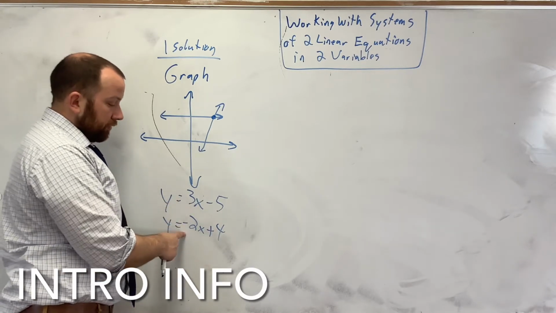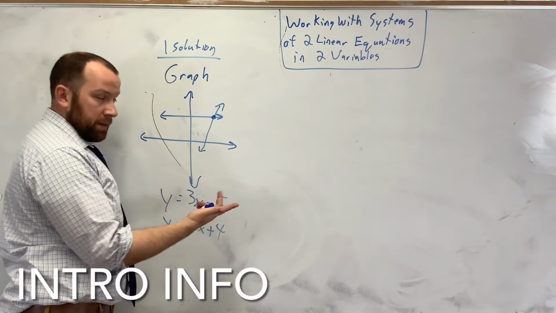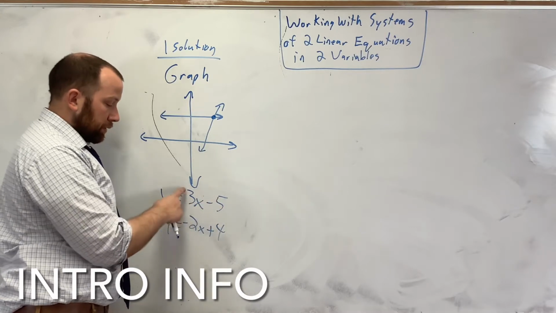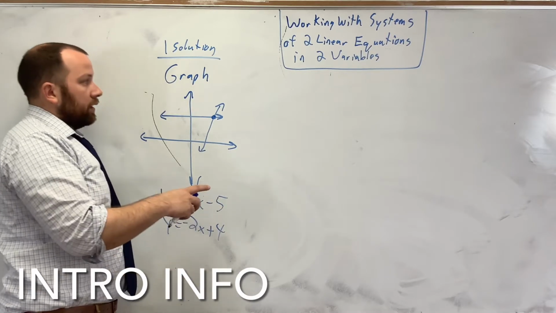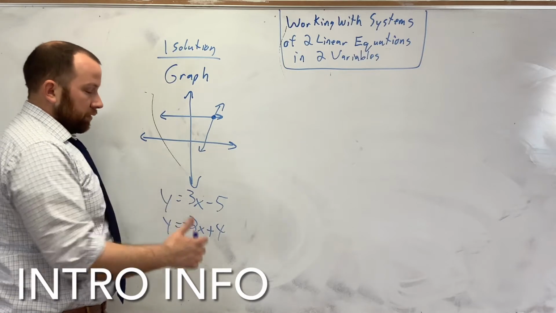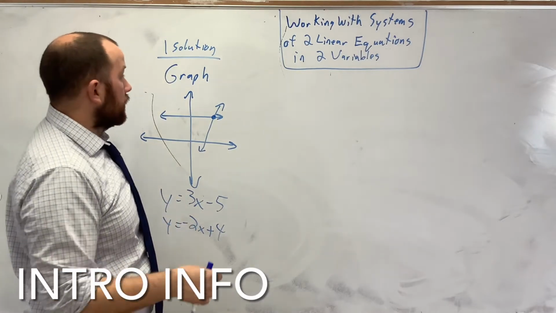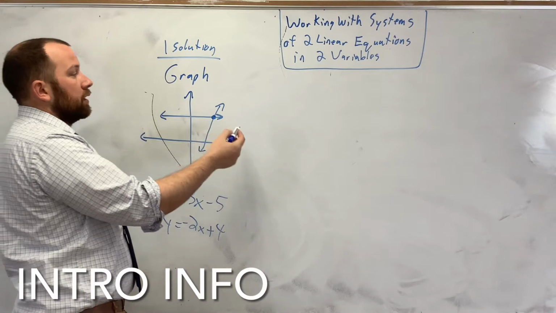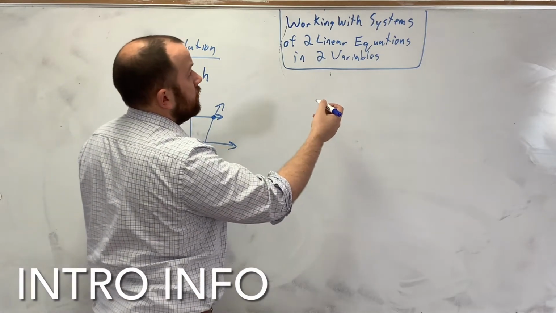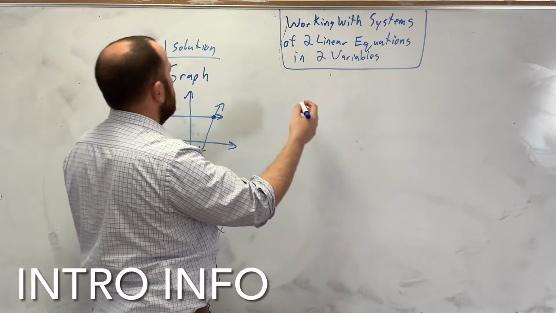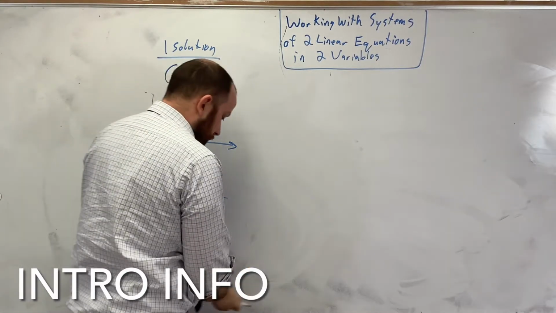Their slopes are different. Their y-intercepts can be the same, but their slopes are different. What's important here? When their slopes are different, you're all good. It's going to be one solution. All right, the next one you need to know